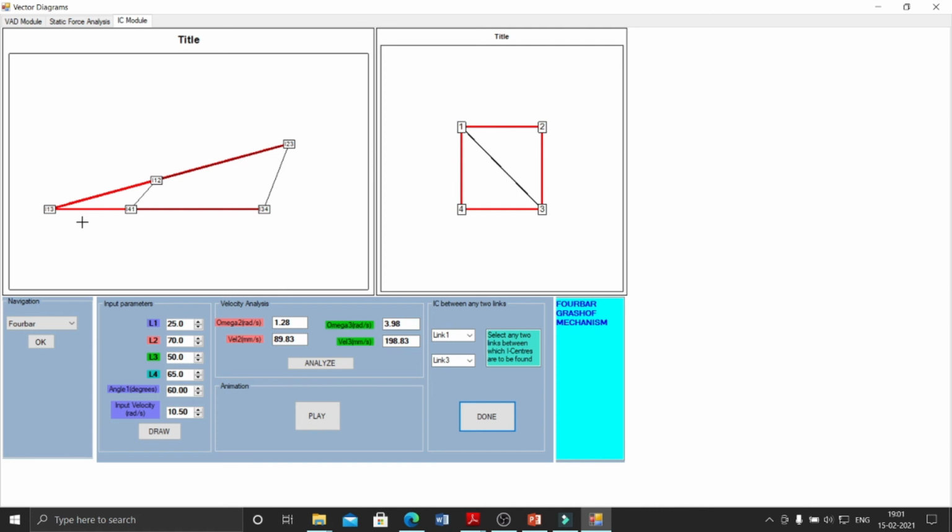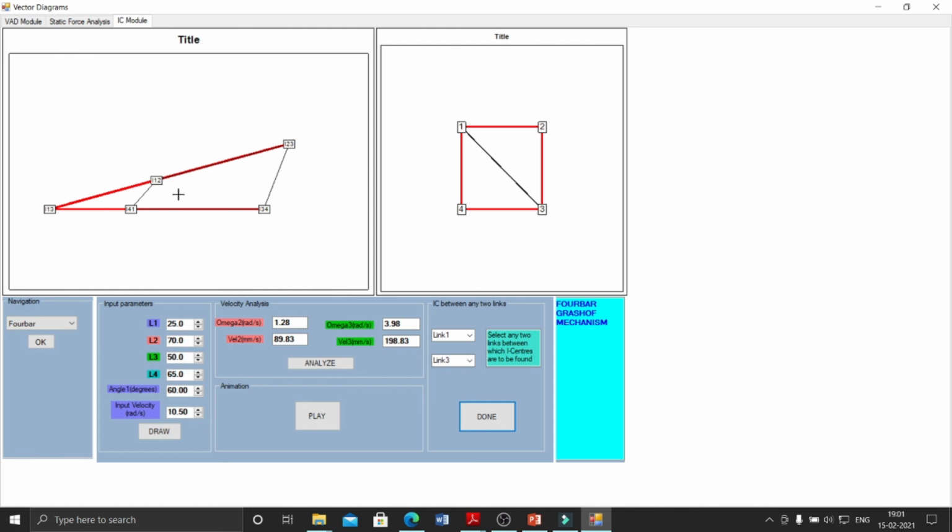Okay, now I am interested in the results. That omega 2, this angular velocity, is known to us. I am interested in this angular velocity of link number 2, which is 1.28 rad per second. For this link, the angular velocity is 3.98 rad per second.